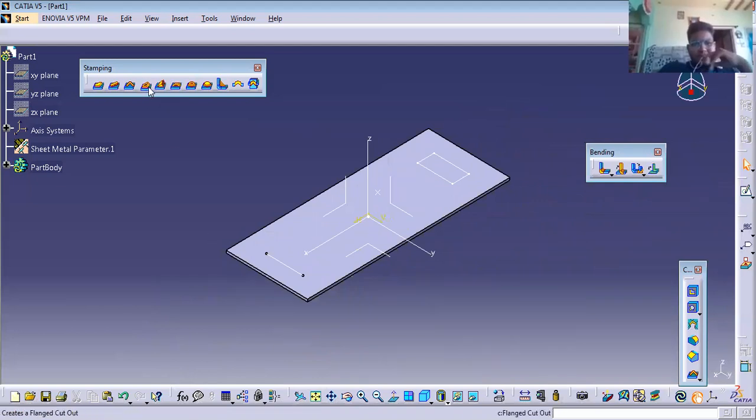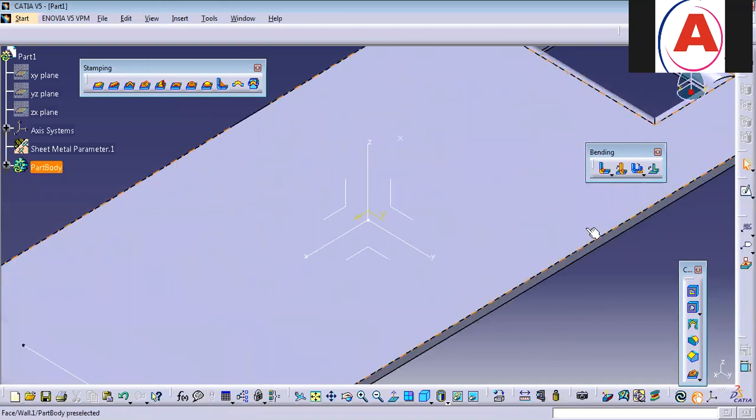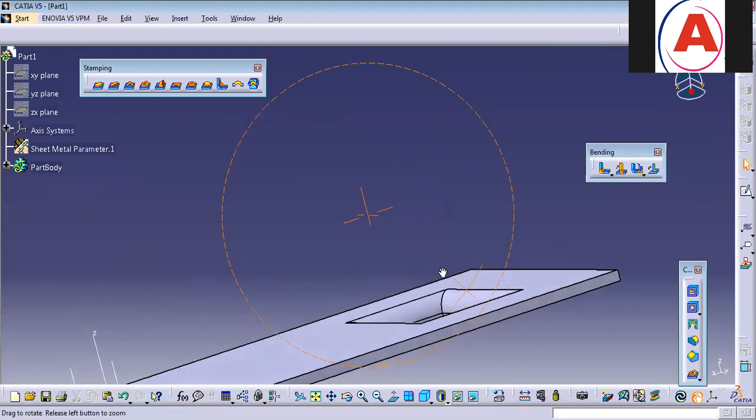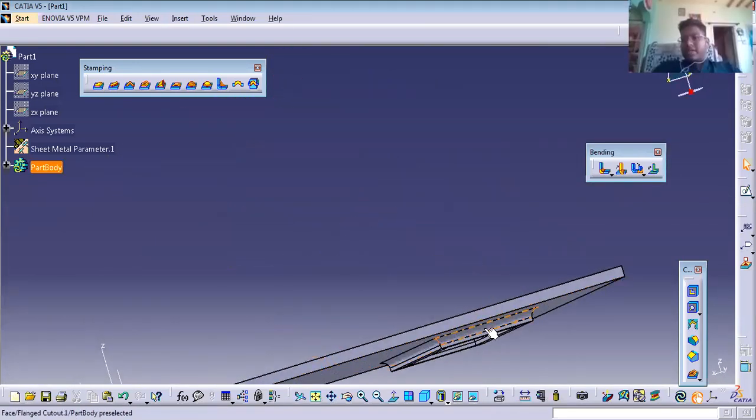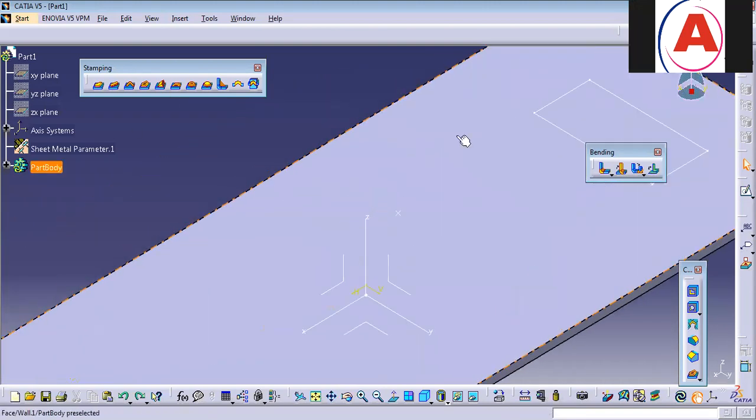So next what we have is called a flange cutout. Just select this. Now this flange cutout works on a closed profile. Once you select this and say okay to this, a cutout will be created with some fillets and some extra material downwards. Sir, only after adding some point can we do this, right, sir? Yeah, you need to have this kind of profile, okay? Yes, sir. So the point will also come into action.